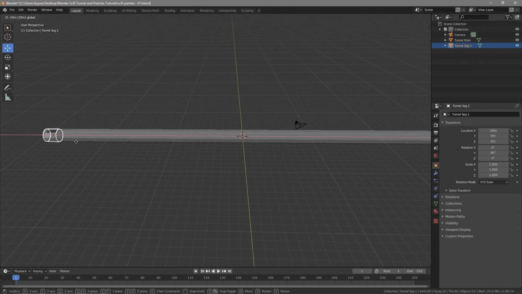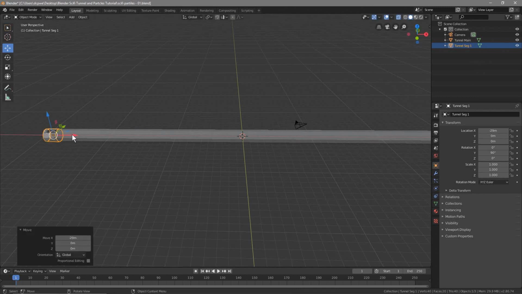That's with holding down the control key and using your red arrow to move it across, right? So let's do that one more time. Just hold down the control key, left click on that arrow and drag it all the way to the end. And if you really want, it's not an issue, but one thing I find easier to do is